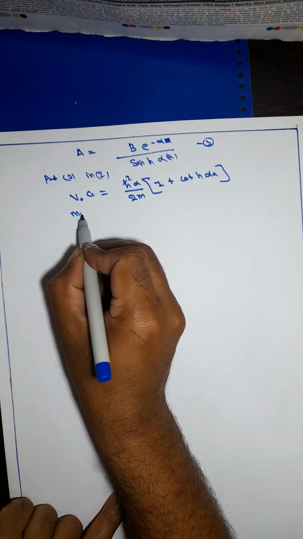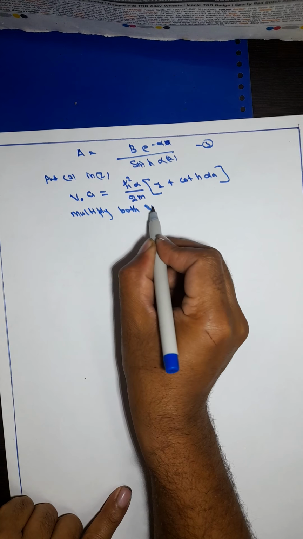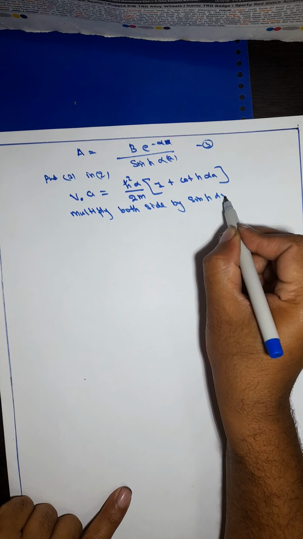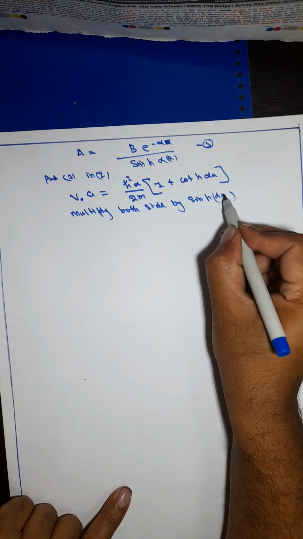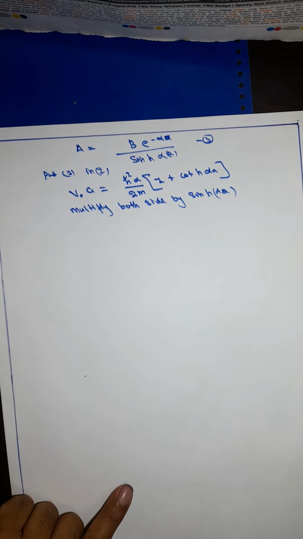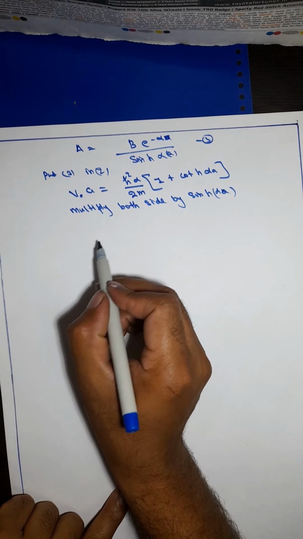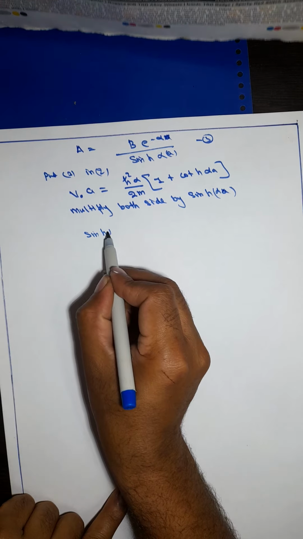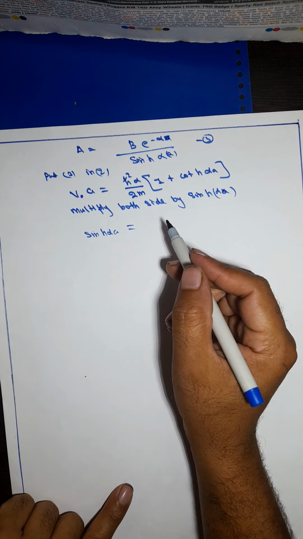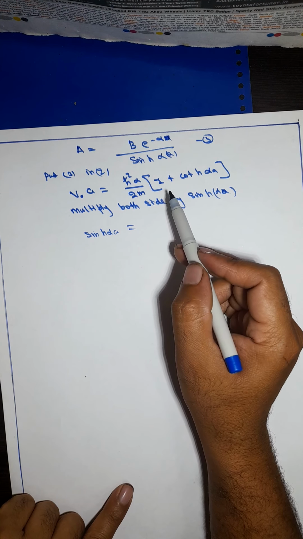So multiply both sides by sinh(alpha x). Or sinh(alpha a), guys, because I am dealing with a. Here is sinh(alpha a), and here I just put 1 and divide by this whole equation. Once I'm doing all those things, then I got